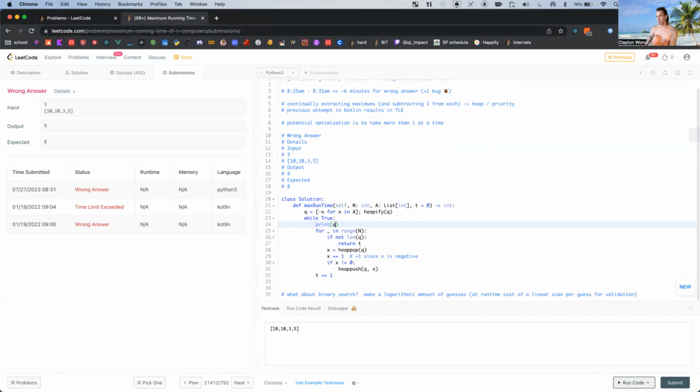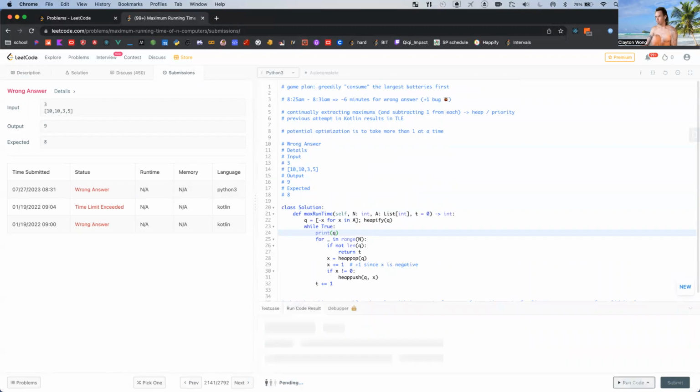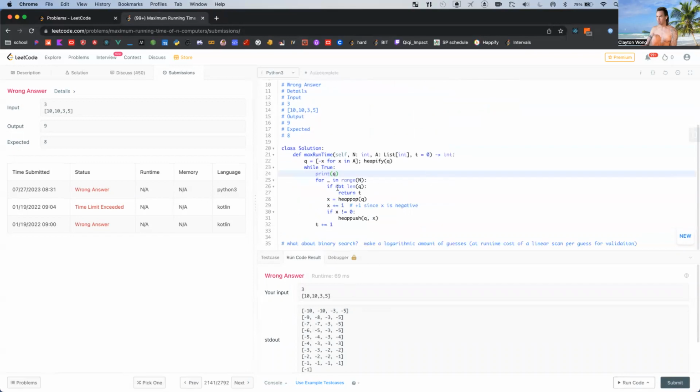There's three of these things pulling from it. Three, so 1, 2, 3, and so on.